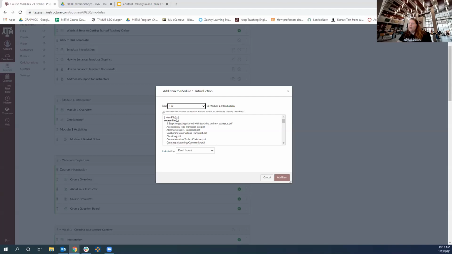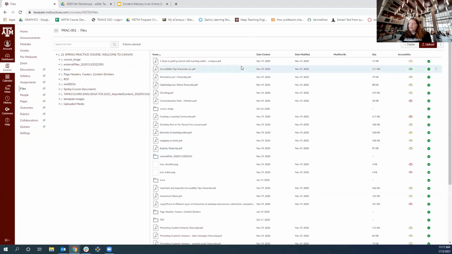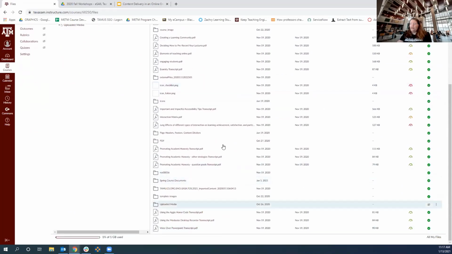So if I wanted to add a new file to a module, instead of coming here to the module, I'm going to cancel out of this and we'll come back to it in a second. I may go first to the files area. If I click on files, you see this is the mess it's created from eCampus. Everything's just in one folder.